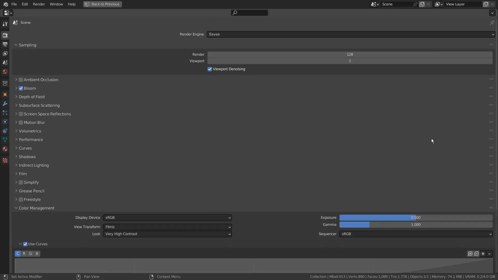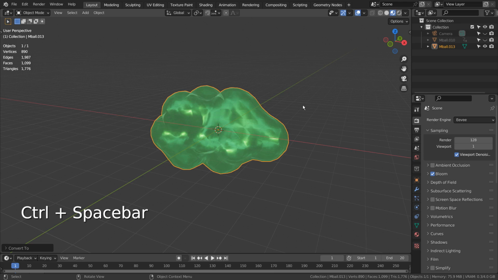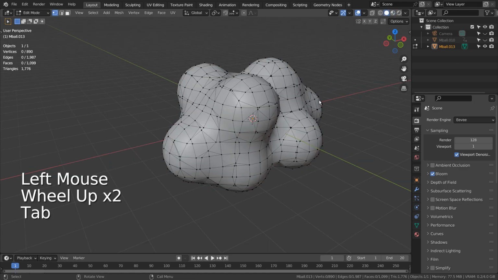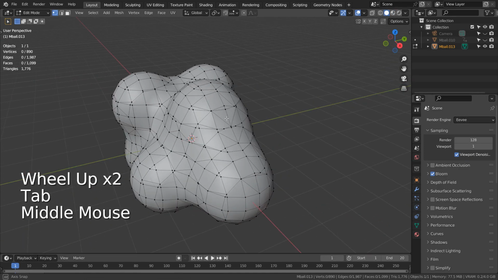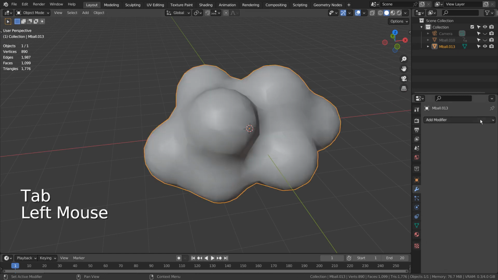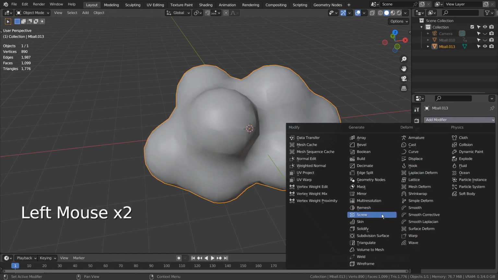I'm using Eevee with bloom turned on. Let's add a displace modifier and use a noise texture.